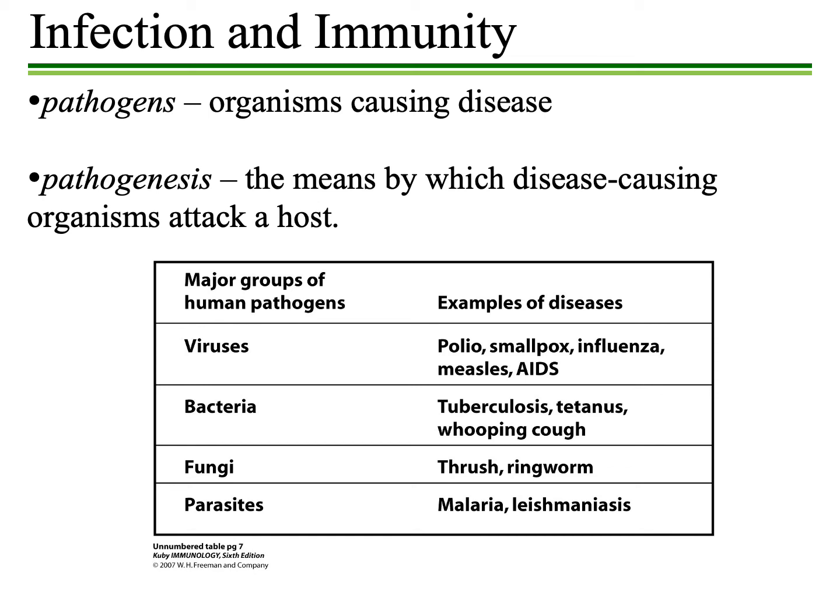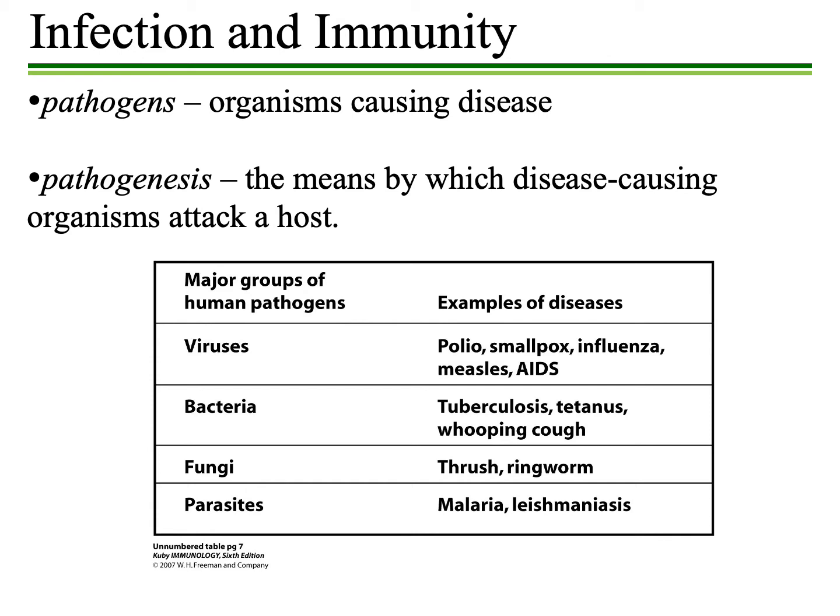Good afternoon. Today's lecture and our next lecture deal specifically with putting all of the pieces of the puzzle together that we have learned about from the beginning of the semester to this point. We have discussed extensively the innate immune response, the adaptive immune response, and lastly, we discussed the complement system. Now what we're going to do is look at individual categories of pathogens, how the host immune system responds to those pathogens, as well as discuss evasion mechanisms that pathogens have evolved in order to get around or away from